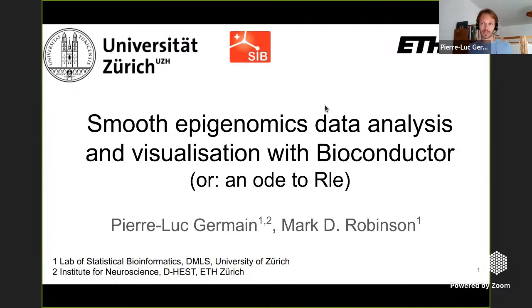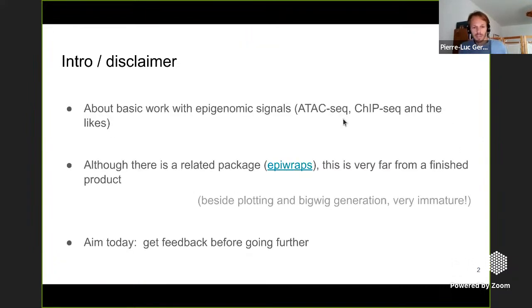So good afternoon, everyone. I'm sorry I couldn't come due to COVID, but thanks for giving me this opportunity anyway. This won't be about single cell, but about rather classical stuff. The project started basically last semester when I was teaching basic epigenomics data analysis, so stuff like ChIP-seq and ATAC-seq analysis. And I couldn't help but feel that my workflows were kind of unsystematic,